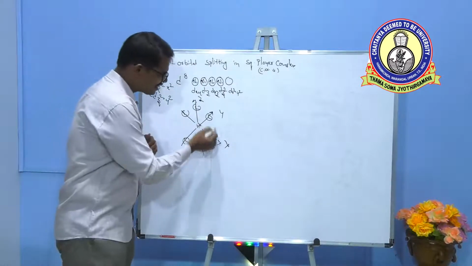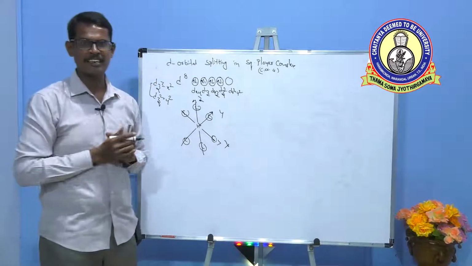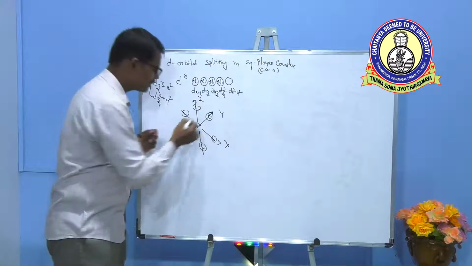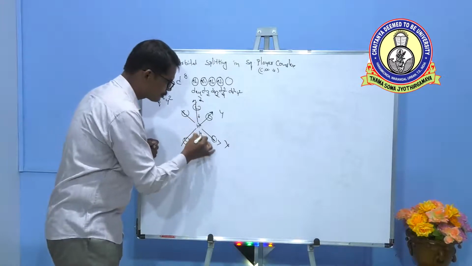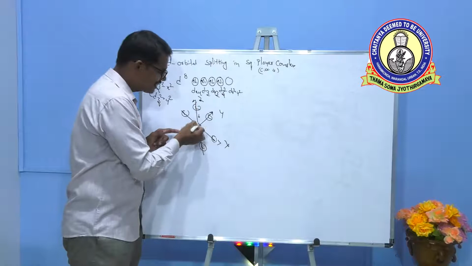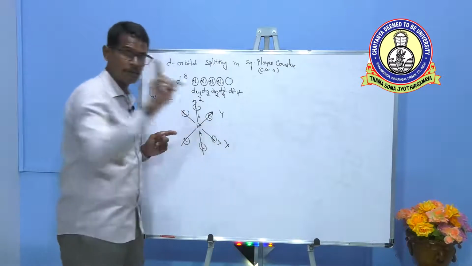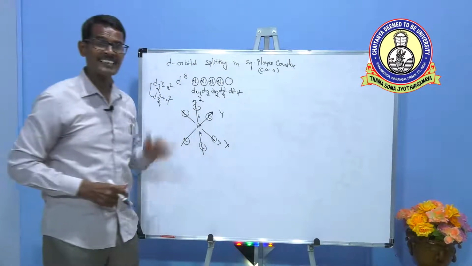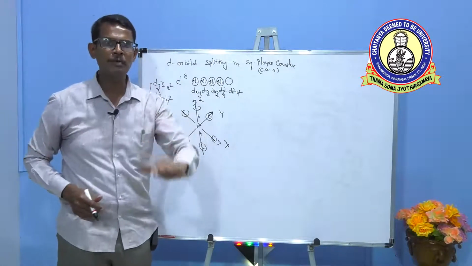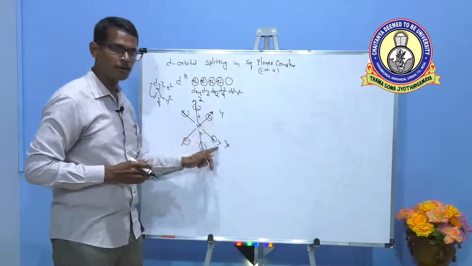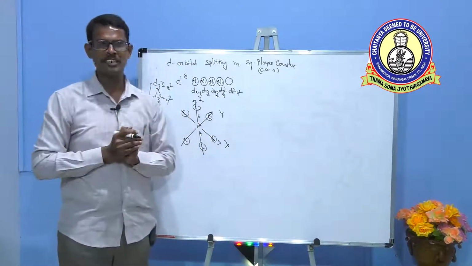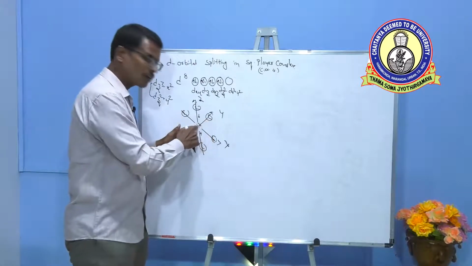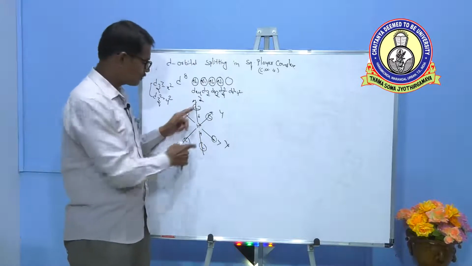But along x and y axis there is no electron, meaning the positive charge is more. But along the z axis 2 electrons are present. So due to these 2 electrons, they decrease the positive charge. X, y axis no electron. Z axis 2 electrons are present. These 2 electrons decrease the effective nuclear charge. And where there is no electron, more effective nuclear charge is present. So due to this, the metal ion attracts these 4 ligands strongly and these 2 ligands weakly.